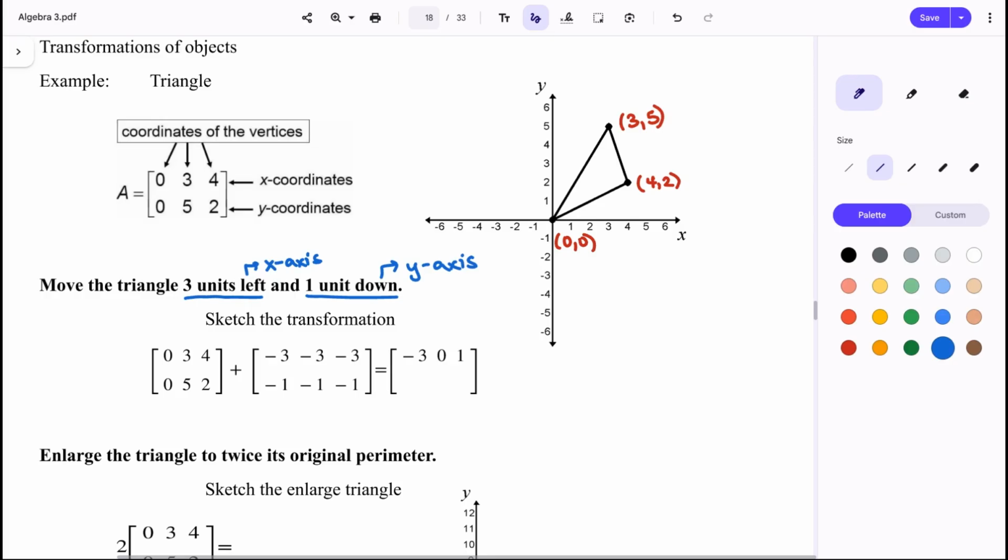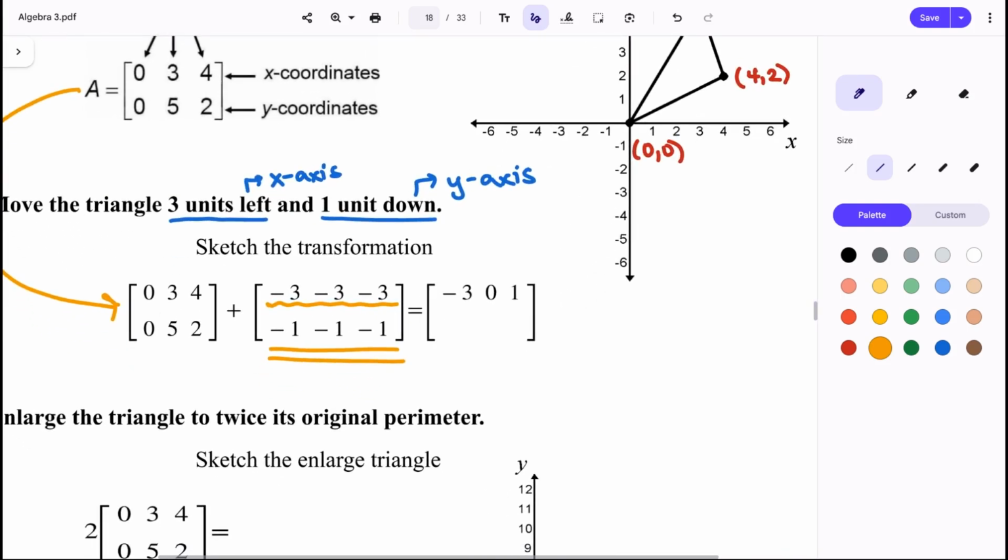So what they did is they took this matrix from up above, the original one with all the coordinates, and just dropped that down here. But because I'm going 3 left, that's a negative amount. So they wrote -3 for all those x values. 1 unit down is your y coordinate, but that's also still negative because you're going down. So they wrote -1 underneath there for the y's. All you're doing then is adding these matrices together. So they took 0 plus -3, 3 plus -3, 4 plus -3, and that's how they got this -3, 0,